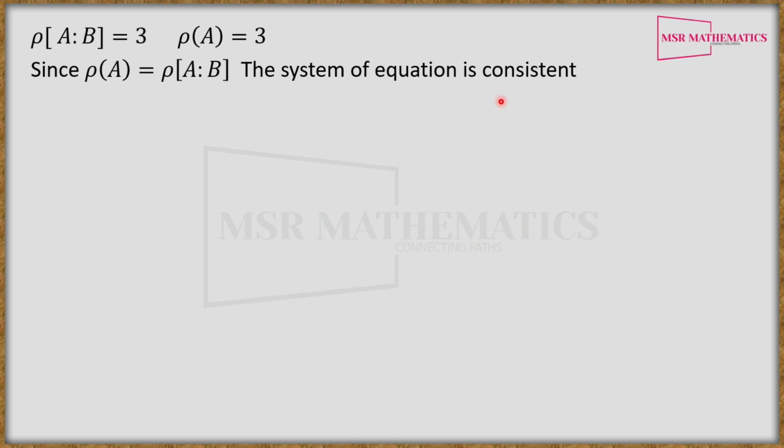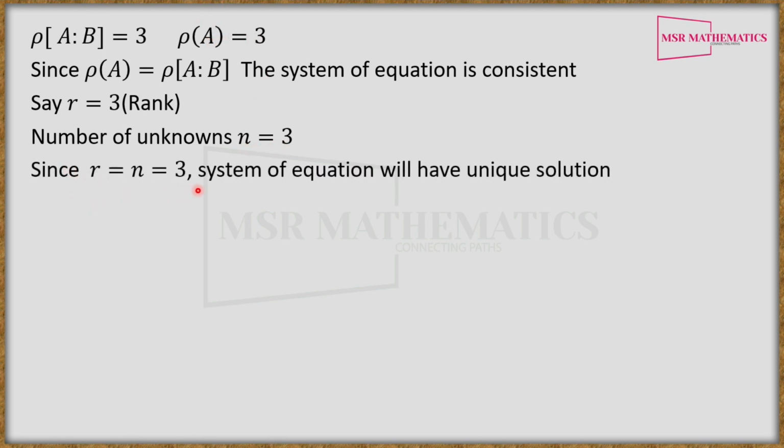Next step, we have to find whether the consistent system of equations has a unique solution or infinite solutions. Here rank of A|B is 3, and rank of A is 3. Therefore, we can take this value as r, where r is nothing but rank. Here this 3 is our r. Similarly, the number of unknowns in the given system of linear equations is 3. Here they have given 3 values, that is x, y, z. So n value is 3. Here r value is 3, n value is 3. Since r is equal to n is equal to 3, the system of equations will have a unique solution. We already discussed in a note: if r value and n value are the same, the system of equations has a unique solution. If r is less than n, the system of equations has infinite solutions.